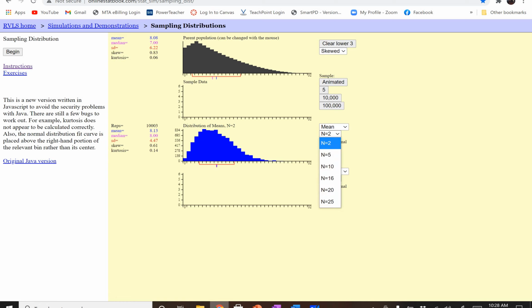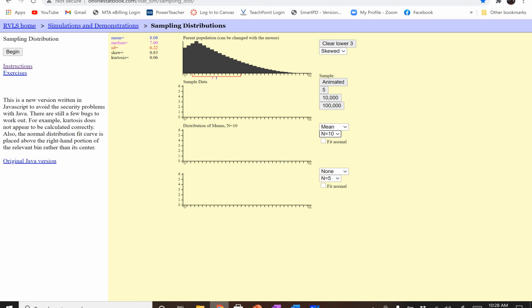We want something to be approximately normal. So let's change this and let's go up to 10. So this time I would be taking 10 data points, taking the mean and putting that in my sampling distribution. And then you could do it again. All right, so we don't want to watch that. So 10,000, even at size n equals 10, this is getting close to approximately normal. There is a little bit of a tail still, but if we go up to a sample size of 25,